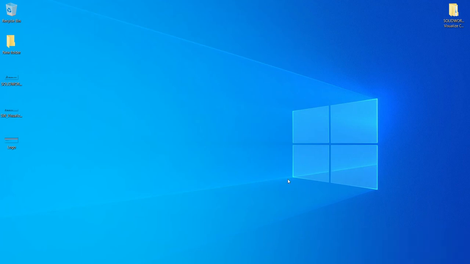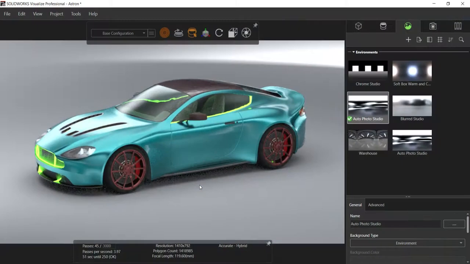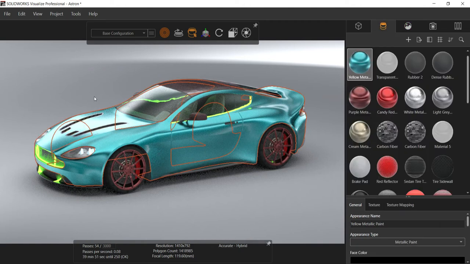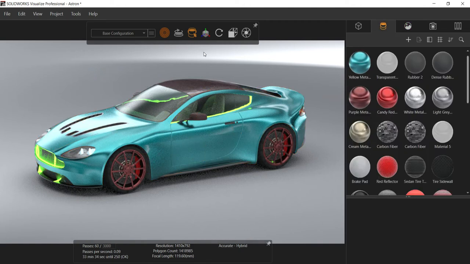Right now I'm dealing with SolidWorks Visualize. I want to add decals on my model. So this is the car model. Just now I have gone through the appearances and all. I downloaded the model from the internet from GrabCAD, and I just tried to add the appearance, and I made these things. Now I want to add the decals on this